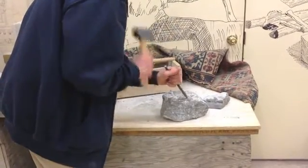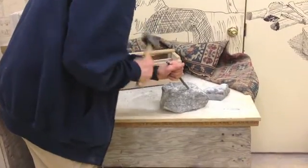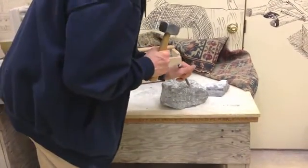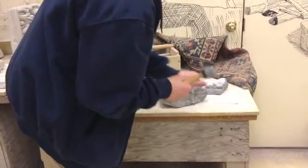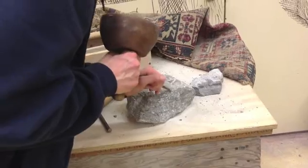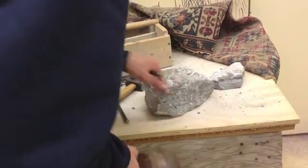So I'm going to try to establish a little flat patch on this chunk. So that's